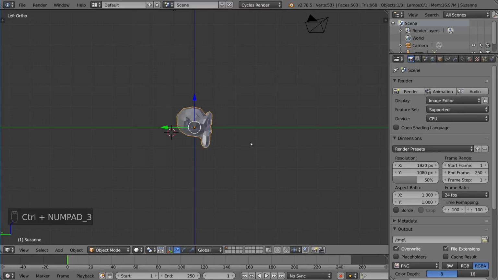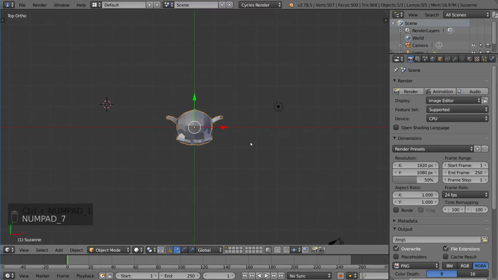You can also use Control 1 for the back side, by the way. And 7 is top, and obviously Control 7 is bottom. And 9, if you don't want to hit Control,